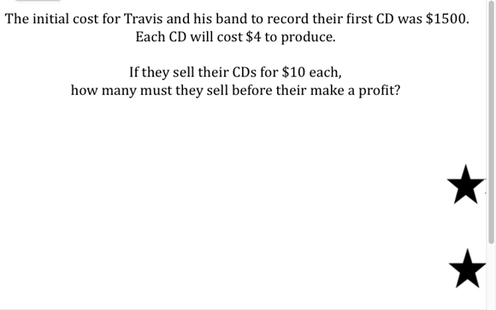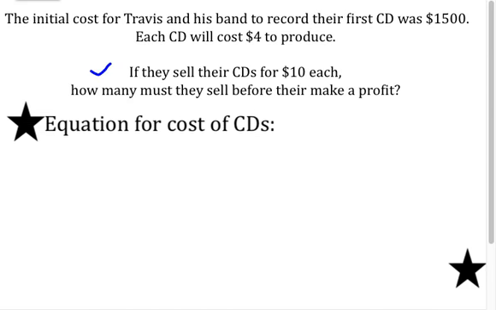The initial cost for Travis and his band to record their first CD was $1,500. Each CD will cost $4 to produce on top of the $1,500. If they sell their CDs for $10 each, how many must they sell before they can make a profit? So we're looking for their break-even point here. So the first thing we're going to do